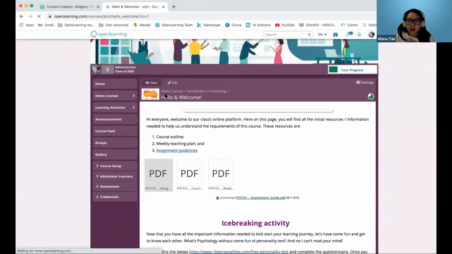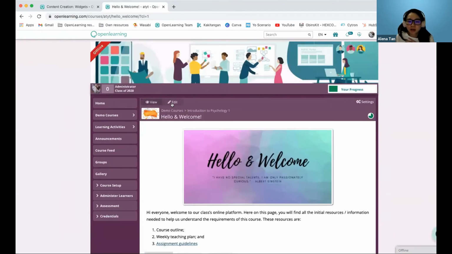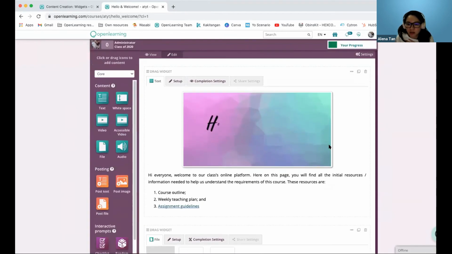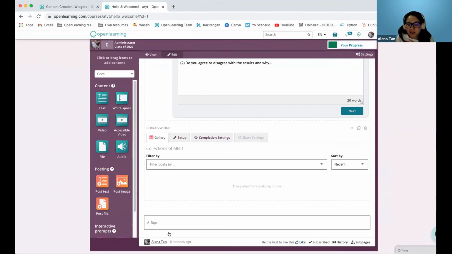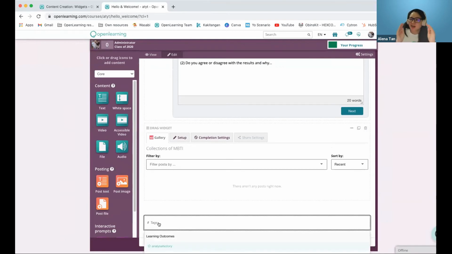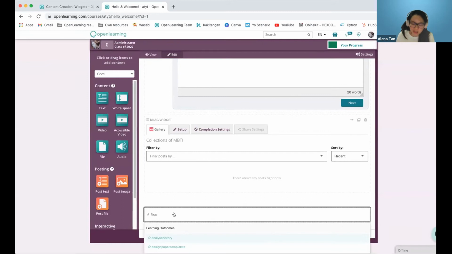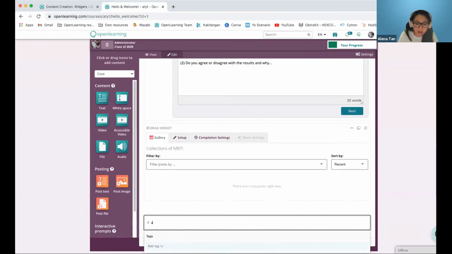Okay, coming to this, if you go back to the edit page and scroll all the way to the bottom, there's this text. Just to recap a little bit, initially you were doing the learning outcomes, and then you have different taggings. So you can also tag each of the pages and the activities with that as well. For example, the learning outcome initially is to